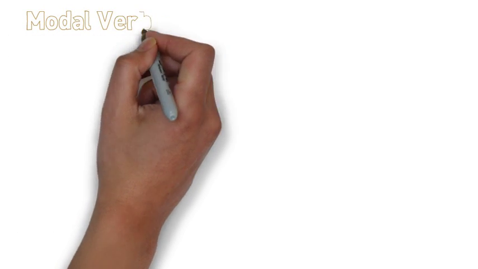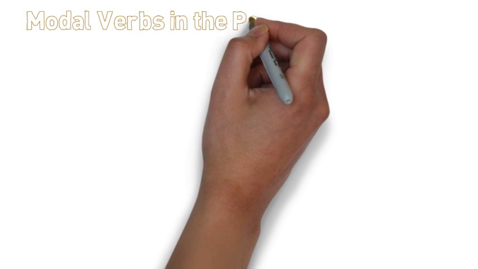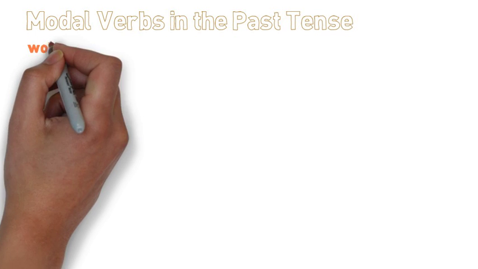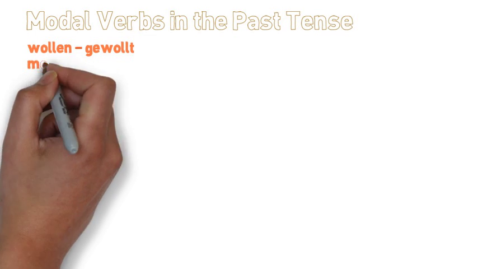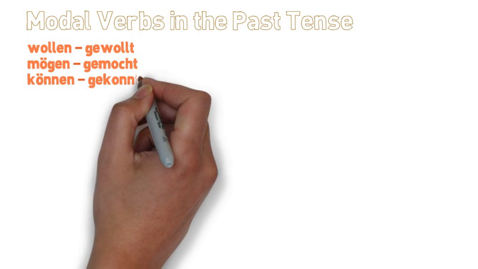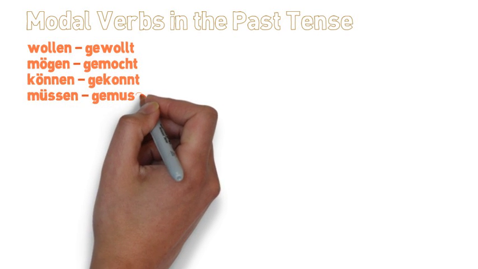That's been a lot of review, so it's time now to talk about something entirely new that you may be wanting to try, using modal verbs in the past tense. For instance, you might want to be able to say that you had to do homework yesterday, or that you were supposed to make your bed, or that you wanted to go to the movies. Here are the past participle forms of the 6 modal verbs. They all take the helping verb haben,